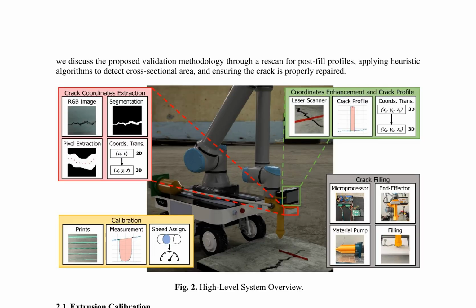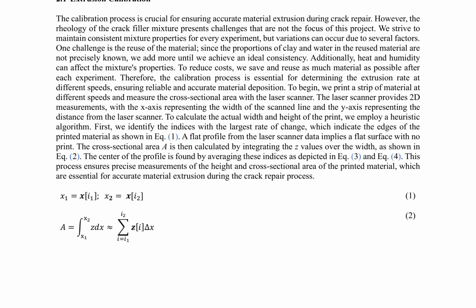The proposed validation methodology for crack repair in 3D printing begins with a rescan of post-fill profiles, utilizing heuristic algorithms to detect cross-sectional area. This process is crucial in ensuring that the crack is properly repaired. Calibration plays a pivotal role in achieving accurate material extrusion during the repair process. It involves printing a strip of material at different speeds and measuring the cross-sectional area using a laser scanner. The laser scanner provides 2D measurements, which are then processed using heuristic algorithms to calculate the actual width and height of the print. This process ensures precise measurements of the height and cross-sectional area of the printed material, essential for